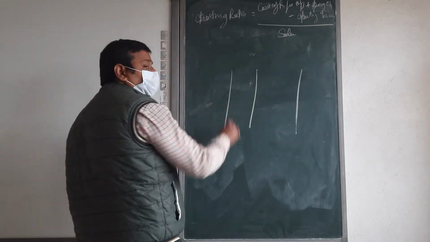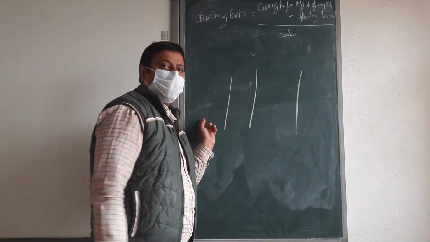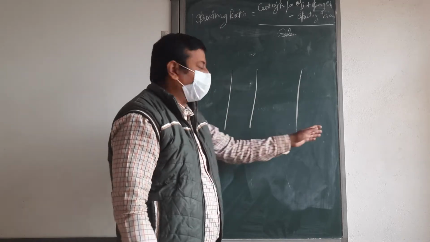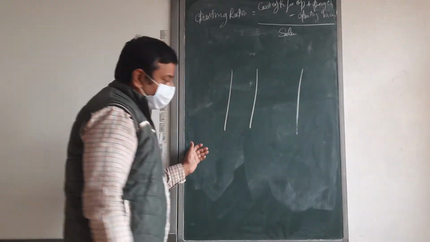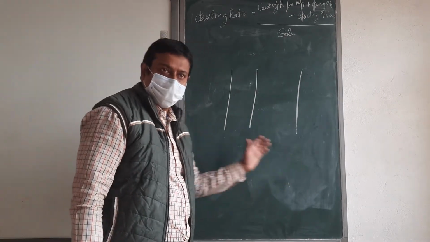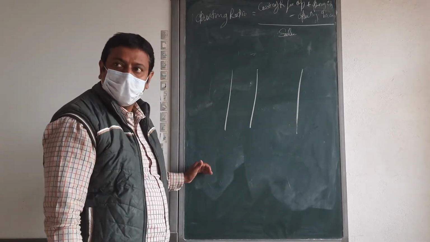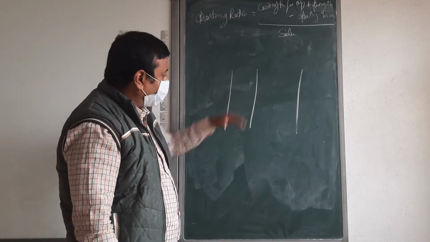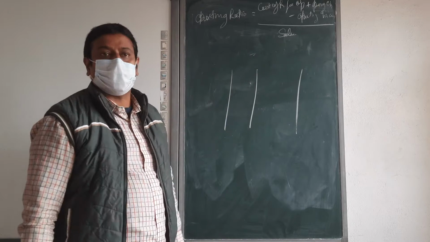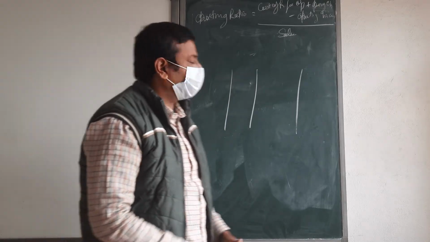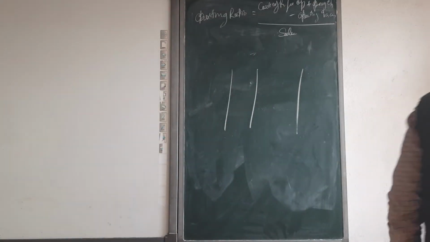Cost of revenue from operation: sales minus GP, or all direct expenses minus closing stock. Income we are going to add, expense we are going to less from that side. So just opposite, this will add and this will less, and divide by sales, the answer will come. Okay, beta? Okay, tell that question.